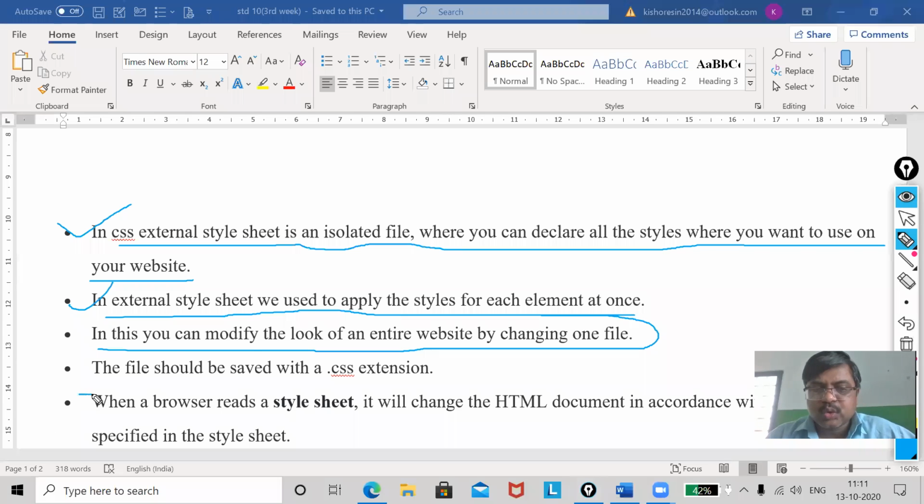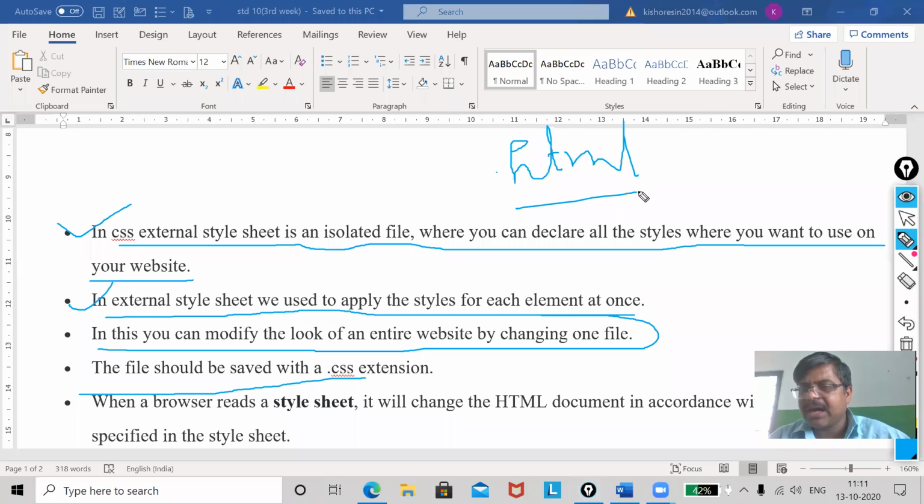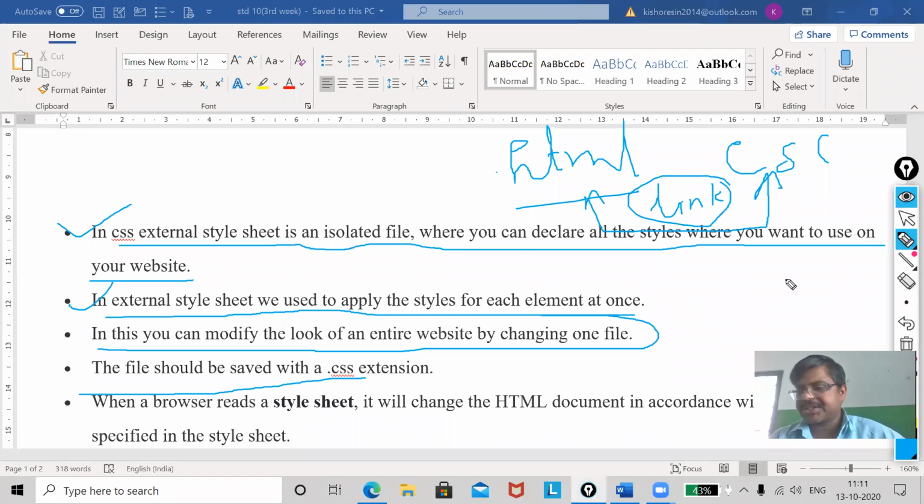Now, as I said, you are having two files: one file will be saved with HTML and the other one will be CSS. And how are we going to link the HTML with the CSS? Using the link tag. I will explain, you will understand it. Okay,